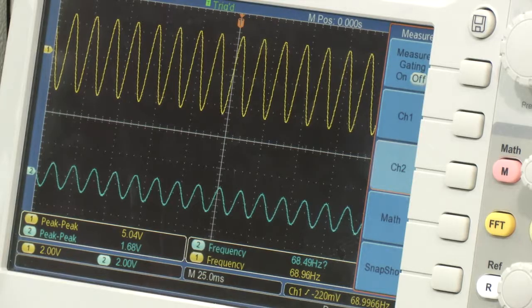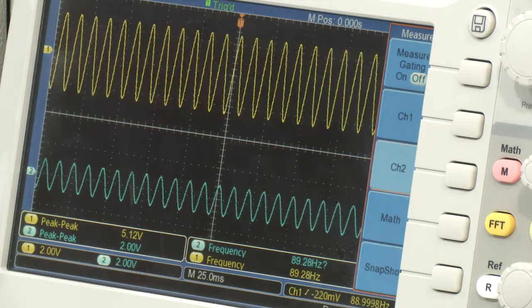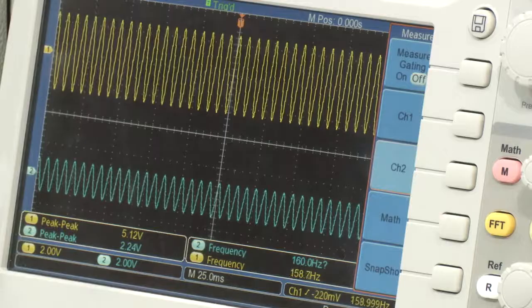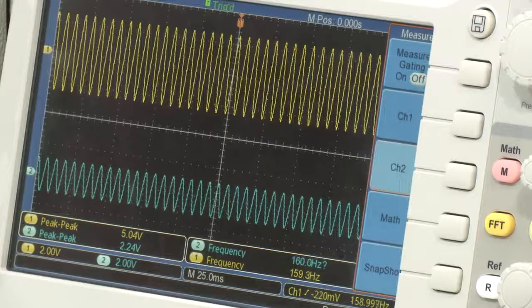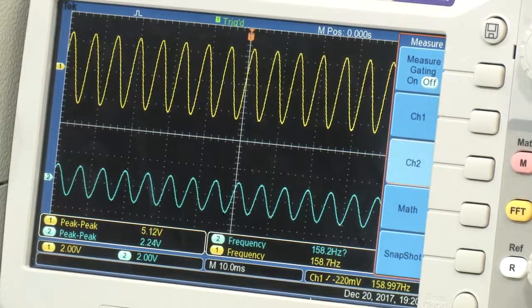Now, let us increase the frequency. Increasing the frequency, you can see that the peak to peak voltage is also increasing. For this particular high pass filter, the frequency that we have set is 159 hertz. So, when you come to 159 hertz or close to it, you will see a sudden jump in your output. Still you are not able to see it. At a maximum of around 159.2 hertz, it is now allowing to pass,